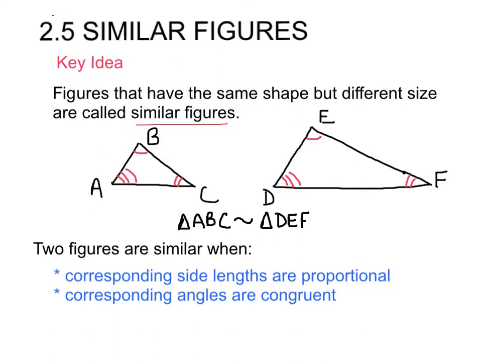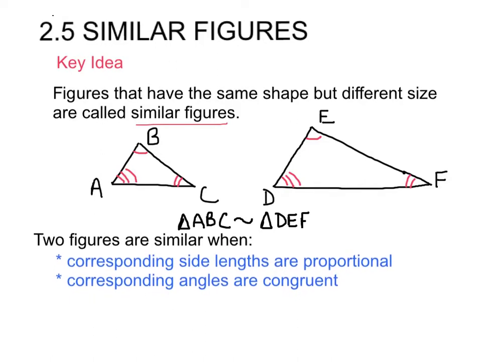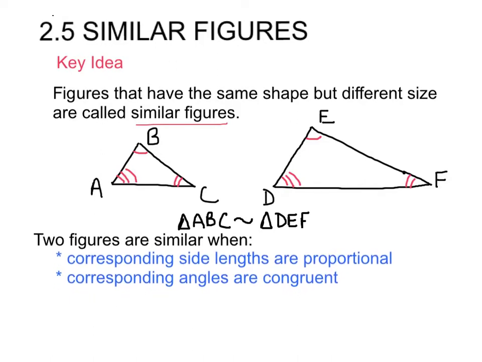So I'm going to make room for one other piece of information. So I'm going to move these up. Here's what it says. Your side lengths must be proportional. And what that means is corresponding sides. So let's start with AB. Now, that means the length of AB, which is this. AB is proportional to, not the same, AB is proportional to DE. And what that means is we can write it as a fraction. So AB is proportional to DE,